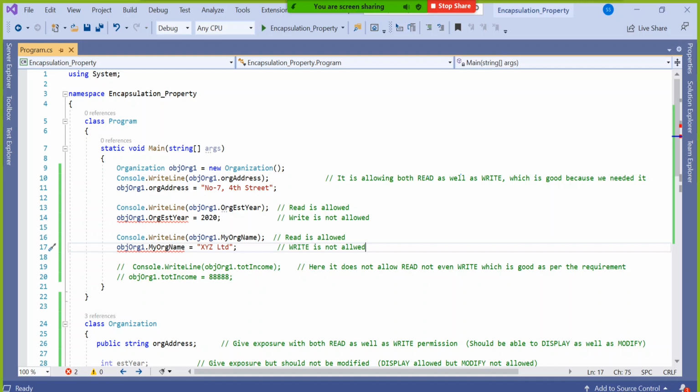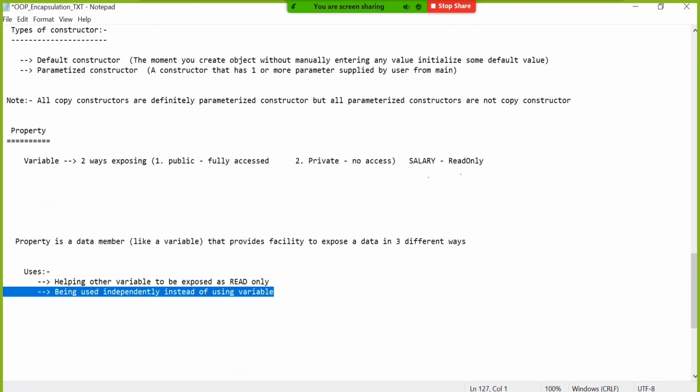See, first of all, if you are using get and set, that is called a property. And if you are not using get and set, that is called a variable. Be very clear. Okay. So the variable is the real field for our class. If you are using only get and set, or only get like that, that is called a pure property.